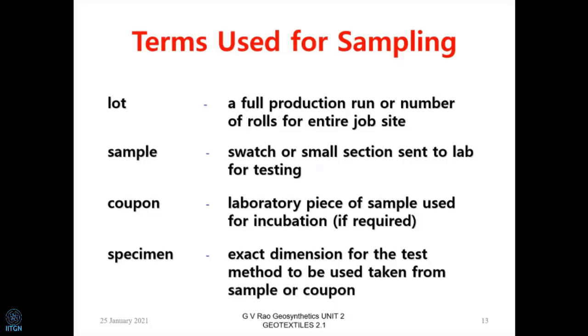And then from the selected ones, we'll see how to work on selection. From a specific roll, statistically we will be told that if you are going to use 1,000 rolls, how many rolls are we going to pick up? Let me say it's 10 rolls. From each of these 10 rolls, we are going to pick up a sample. A sample means a small section sent to the laboratory for testing. It's called a swatch actually. So we are going to send, let's say, the full width, I will say 1.5 meters. So that is called a sample.